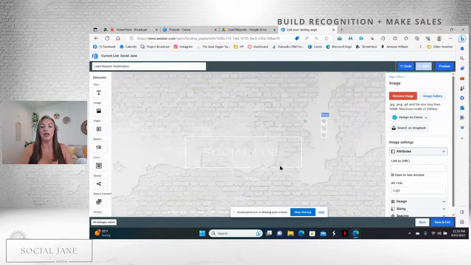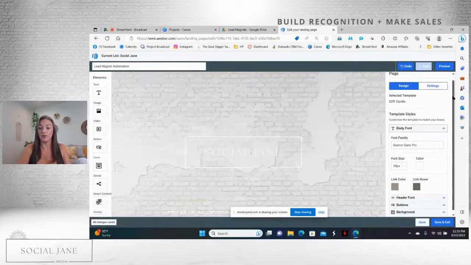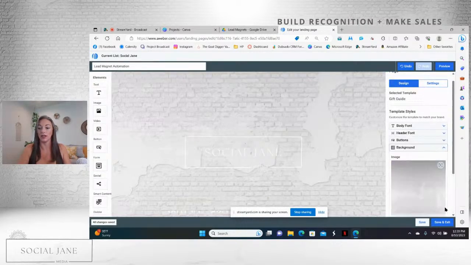It's transparent. Now this one's white. It is a little harder to see. There's a couple things you could do here. I could either upload a different version where the logo has different colors, or if I go back to page and scroll to the bottom here and click on background,